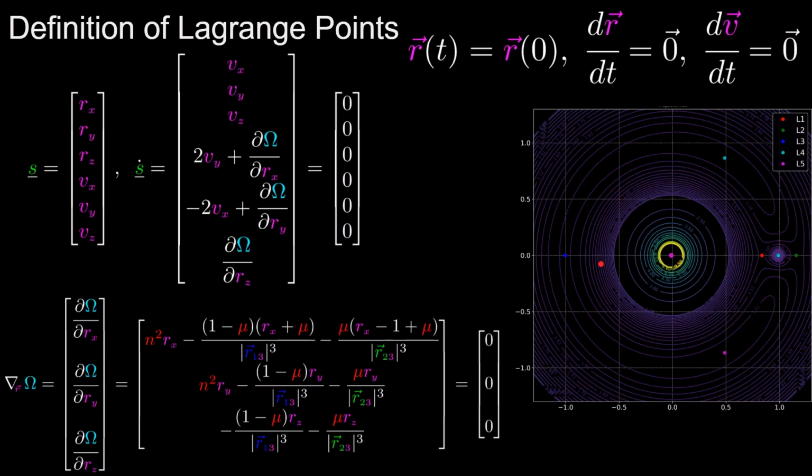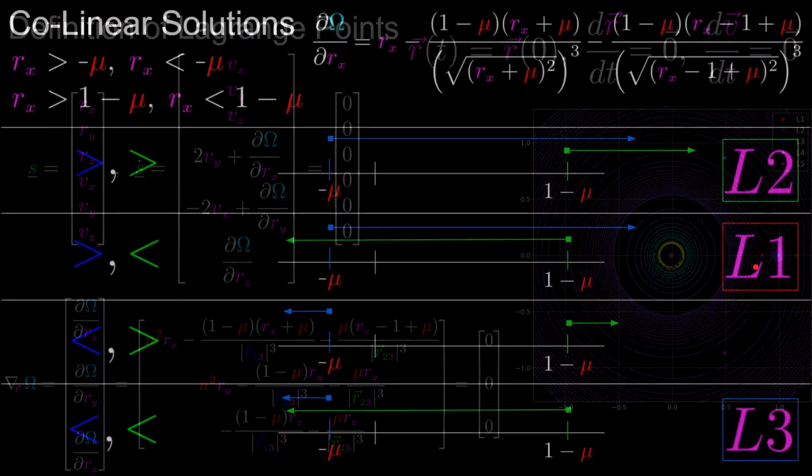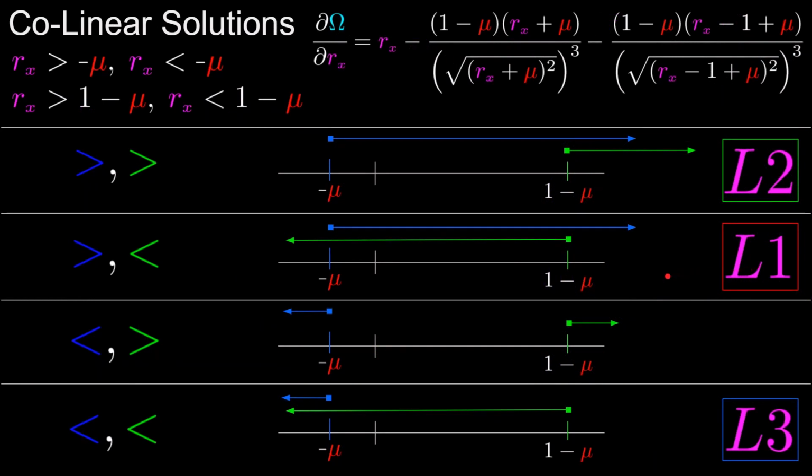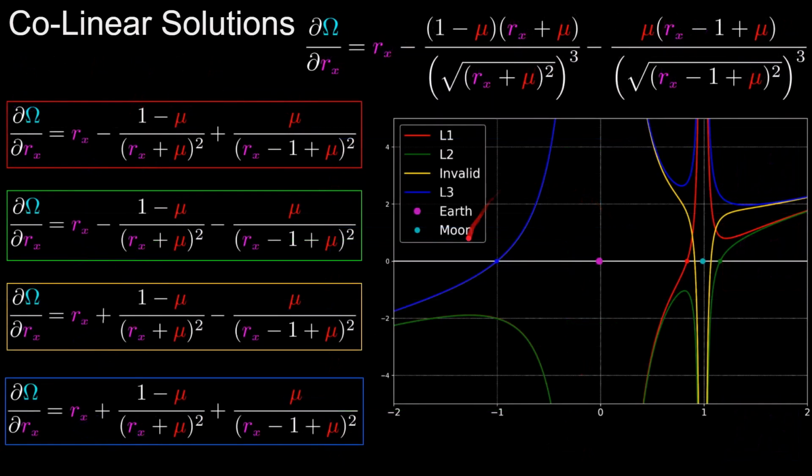In this video, we'll be going over the derivation of the 5 Lagrange points in the circular restricted 3-body problem, which occur when the gradient of the pseudo-potential function omega is equal to 0. We'll start with the collinear solutions where the y and z components of the position vector are equal to 0, from which we'll need a root solver to converge on the resulting x-coordinates of the L1, L2, and L3